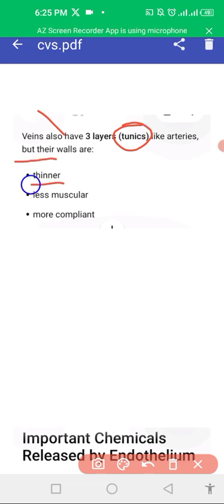are thinner. Vein walls have a thin structure, thin consistency. They are less muscular. They are more compliant. So blood can easily be pooled there, blood can be accumulated there, and they also relax and accumulate a lot